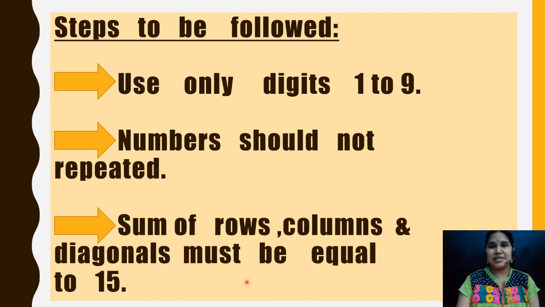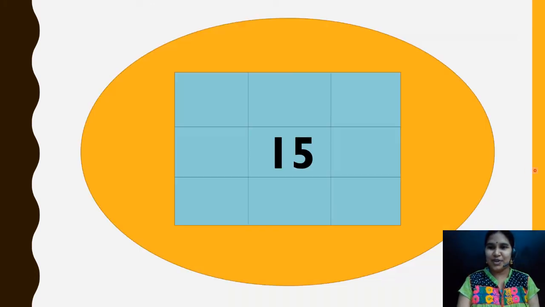In this puzzle, when you add row wise, column wise and diagonally also, it must be equal to 15. Are you all ready to solve this puzzle, children? You try this puzzle. When you try, you will get it. Use the numbers from 1 to 9 and the numbers should not be repeated. Remember this. And when you add row wise, column wise and diagonally also, you need to get the sum as